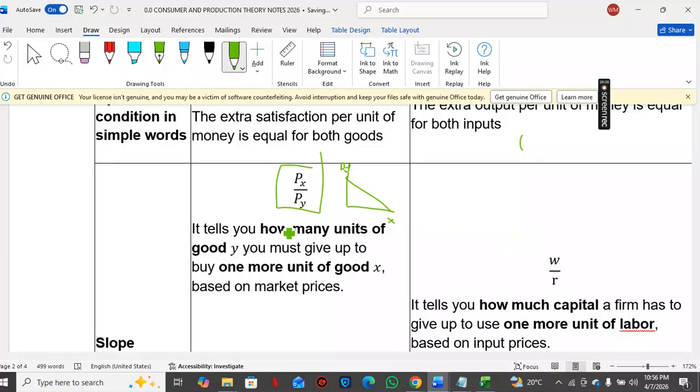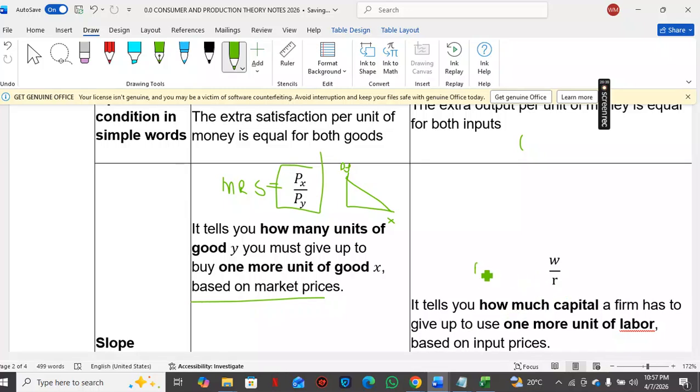It's telling the same thing as the marginal rate of substitution. That's why you will see in other books it's written like this: marginal rate of substitution equals this. So this slope, just as the marginal rate of substitution, tells us how many units of good Y you must give up to buy one more unit of good X